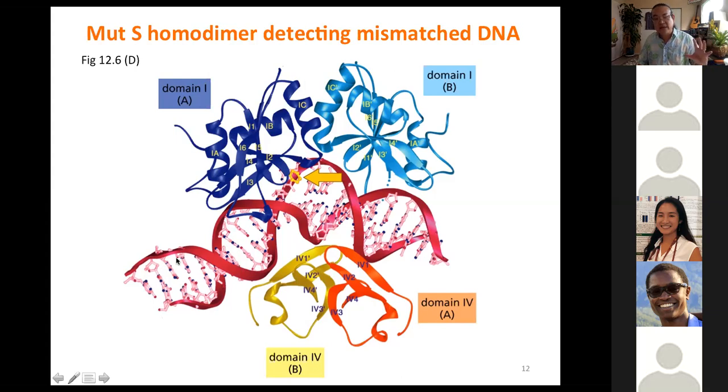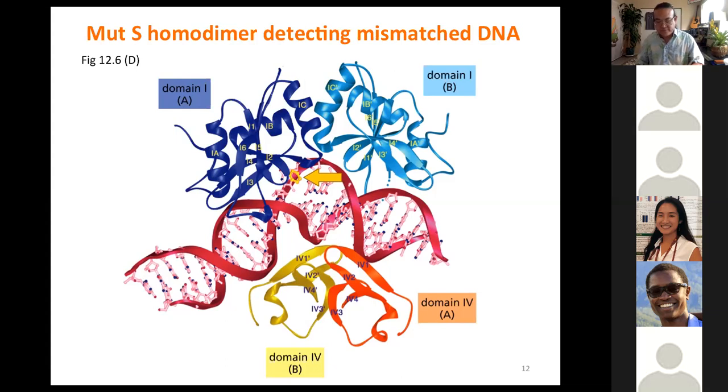So as the MUT-S enzyme is riding along, spinning along the spiral, it gets to this bend and it gets stuck. It literally gets stuck in this corner because it can't work its way through. And when it gets stuck, its shape will change because the protein gets a bit deformed in this little bend. That will reveal different parts of the protein that then attract different types of enzymes that can go ahead and cleave the DNA as part of fixing or remaking this section of the